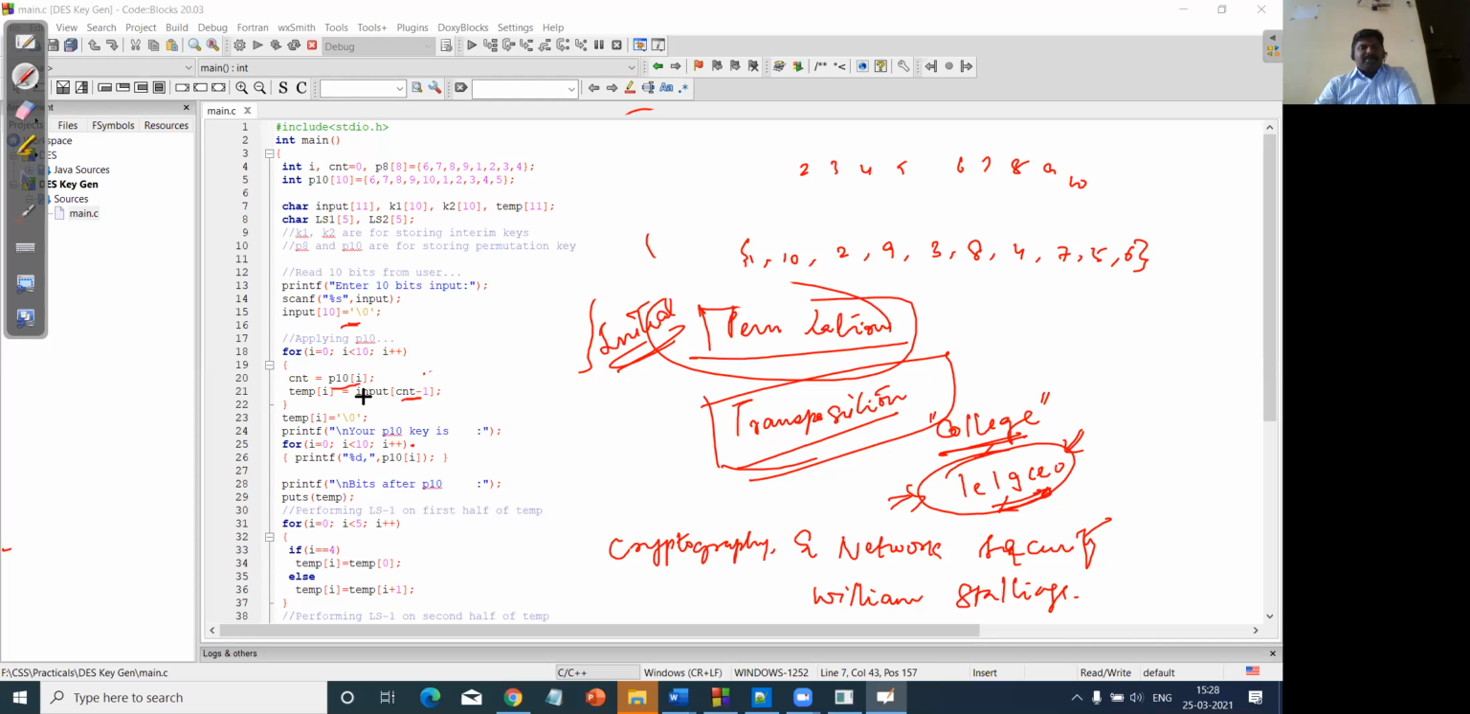So here I'm going to reshuffle the values based on the formula, based on the value which I defined earlier, right? So at the end, when this comes out, and temp i is not equal to null, in that case, whatever the values we have, your p10 key values will be